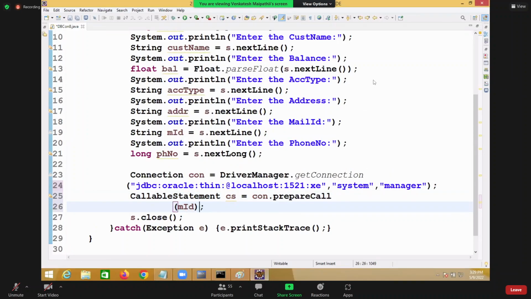Here you have to observe the syntax. Double quotes. Observe the syntax carefully. Anyway, the string is the parameter, but when you are calling a procedure or function, you use an open flower bracket and a closed flower bracket. Whenever you want to call a procedure, open flower bracket, closed flower bracket. Here, call